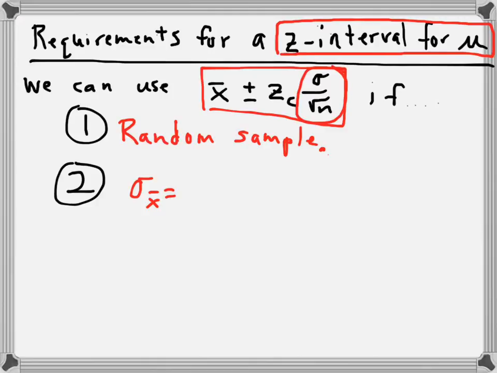This number here came from the sampling distribution, the standard deviation of the sampling distribution. And we said that this was normal, and that's going to allow us to use this critical value of z